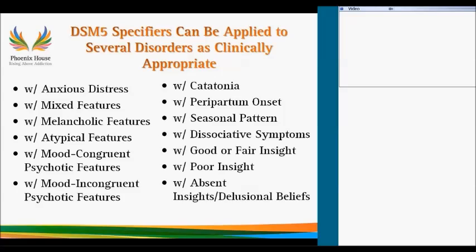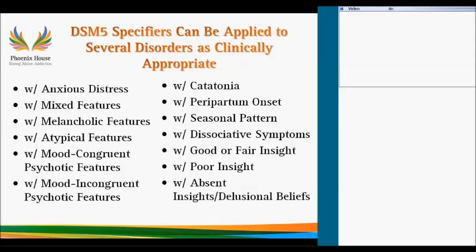So now we have the ability to make the diagnosis and then figure out whether or not a specifier applies. So, for example, you can make a diagnosis now of a depressive disorder and include whether or not there is an anxious stress component to it. There are other different specifiers that are applied. If you look at this list, it's pretty broad.